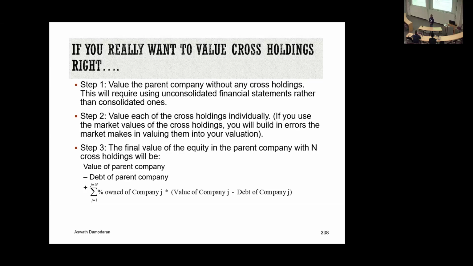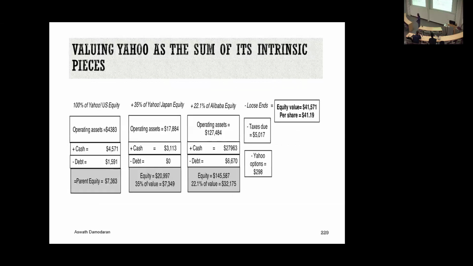So I'll give you an example where I had the data to do this. In 2014, I valued Yahoo. And by the time you got to 2014, Yahoo was a dying business. It had a search engine that nobody searched on and an email program that only old people used. So you valued it as a standalone business. The value that you got, and I was being generous, was about 7.4 billion. So this is Yahoo, just the search engine company, 7.4 billion.